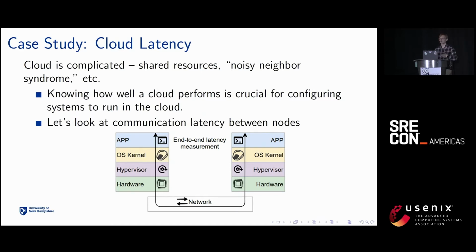Because it involves a bunch of stuff in between, right? The cloud network, what hardware is there, what hypervisors are doing, what happens at the OS kernel, unless you're using kernel bypass and whatnot, and finally, your app, right? How busy your app is, if you have any queuing going on, and so on. So even that is incredibly complicated. But